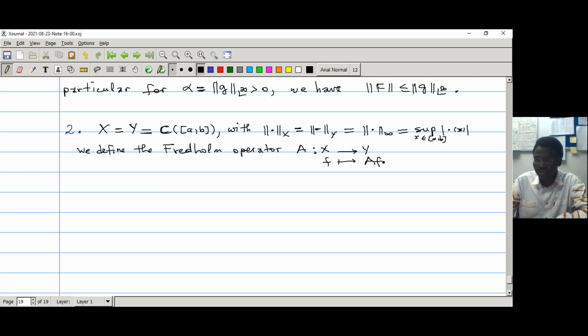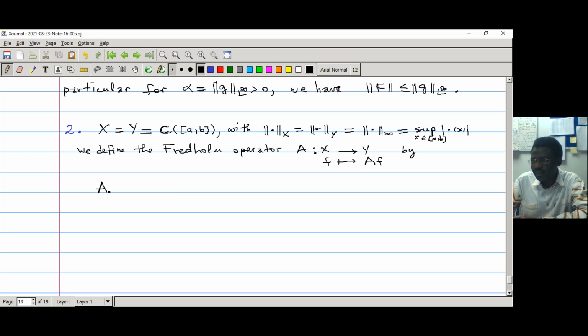I can use a parenthesis or leave it like this. A applied to f. As we did for capital F, we do the same thing. Because this is a continuous function, we apply it to x in the interval AB. So we define this by